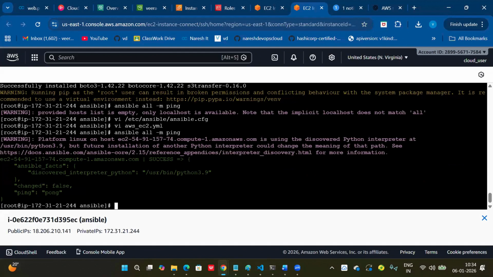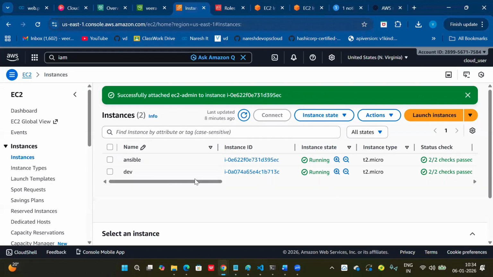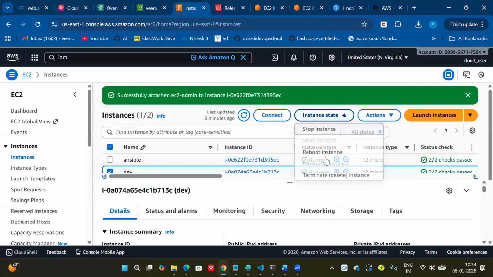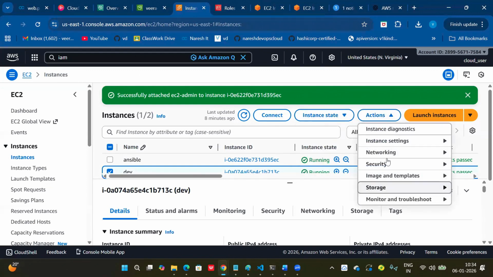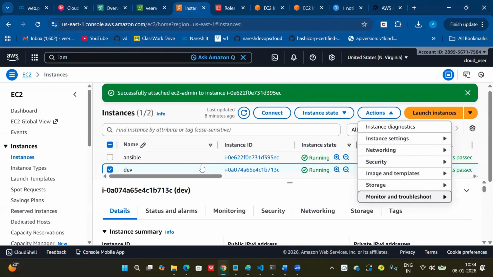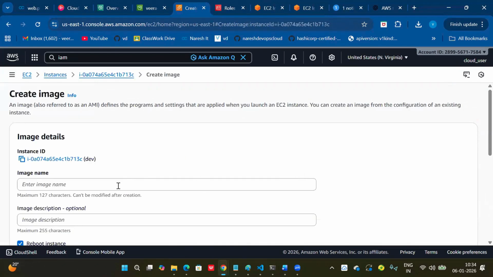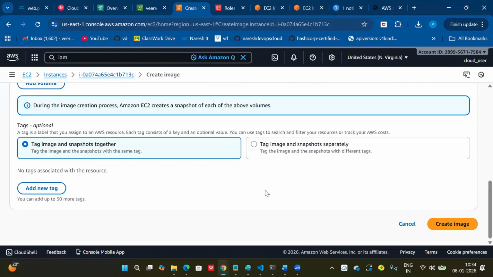Okay. So what we can do, guys, is from this server I can take an AMI. The image name you can give anything, no problem, for example dev. Any name you can give as the image name.